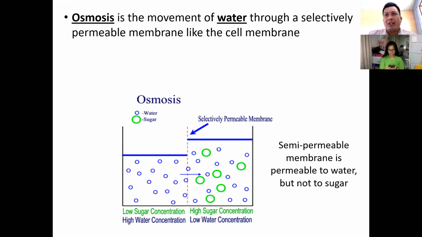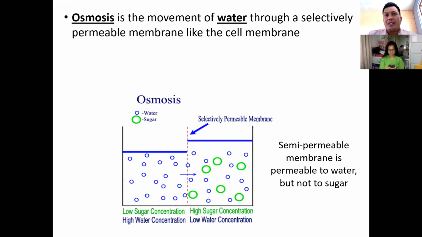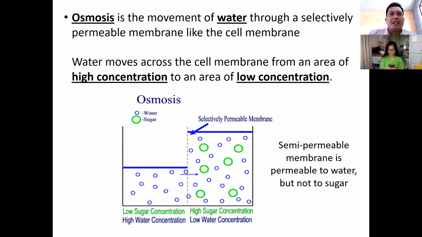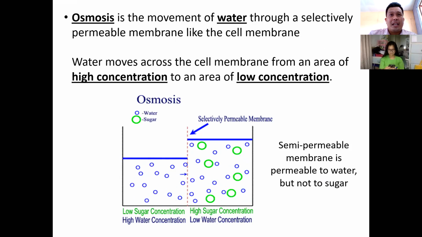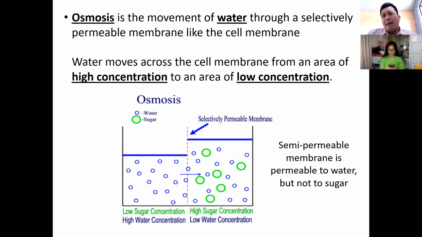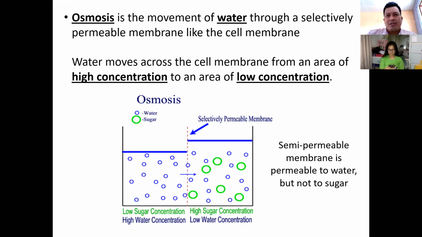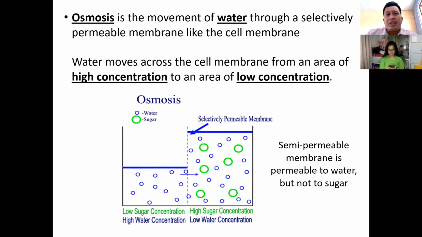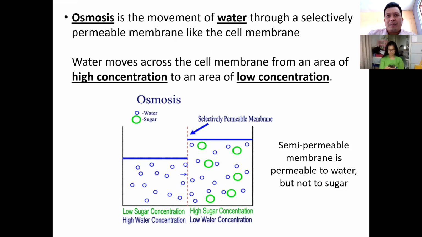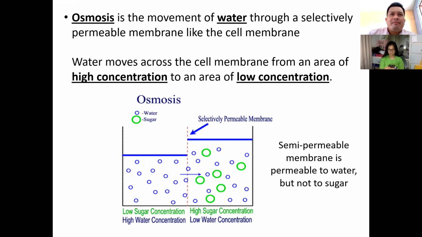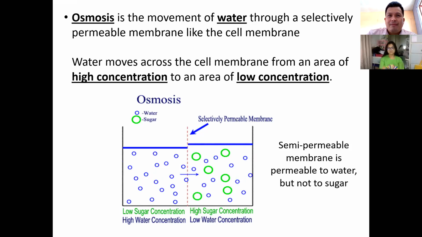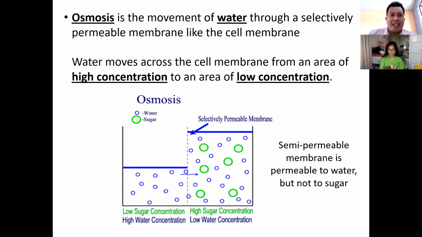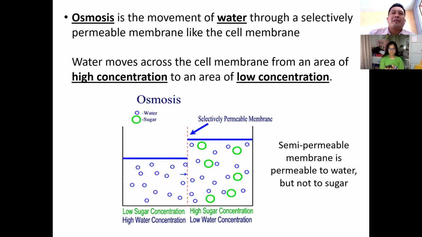Also, class, this follows the concept of concentration gradient. Concentration gradient means water moves from the higher concentration to an area of lower concentration. What happens when you eat salty foods? Benjamin, notice what you feel when you tend to eat salty foods? My mouth dries up. Your mouth dries up, which means you need a lot of water, right? Yeah, okay. Thank you, Ben.